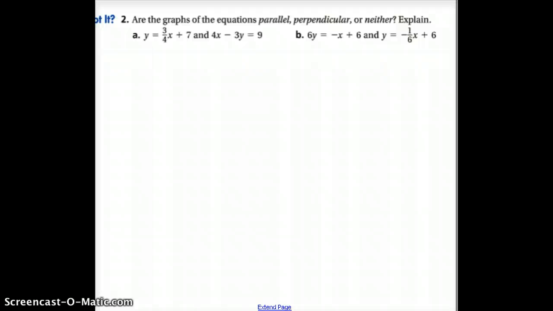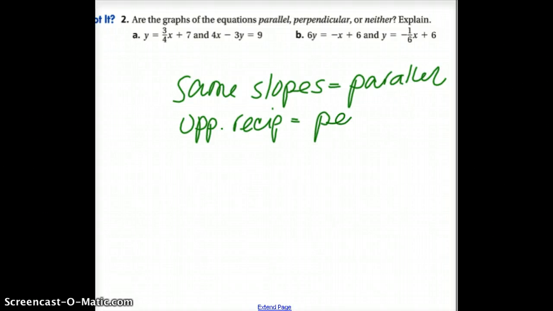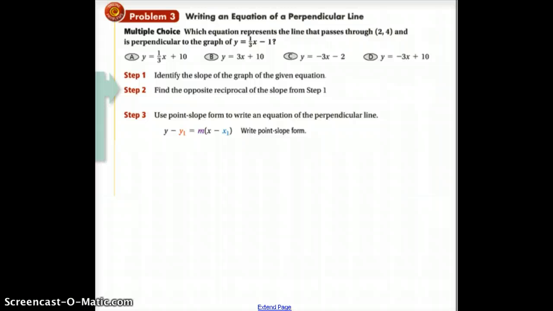Here are some more examples. You can go back to the one I just did to see how to do it. Again, same slope, parallel; opposite reciprocal, perpendicular. If it doesn't follow any of these rules, the lines are neither. All right,